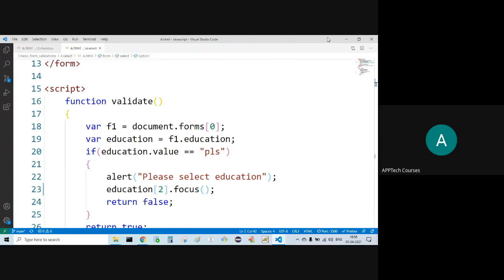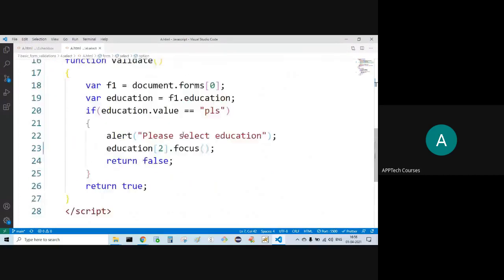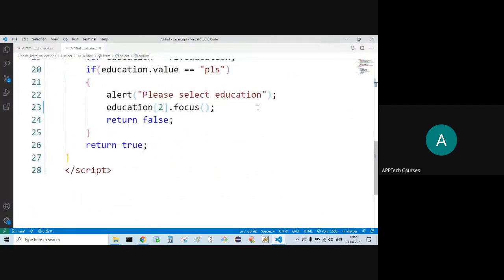See, that means what? Here, focus means what? Why am I giving the focus? It means I did not select some option.